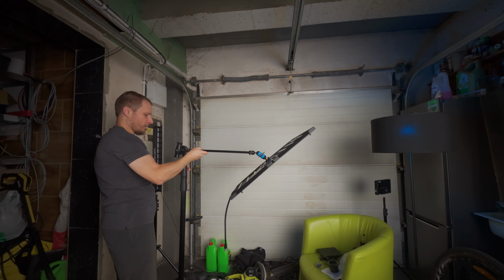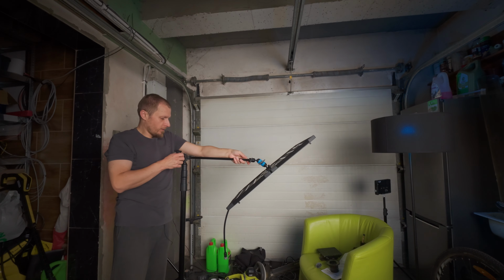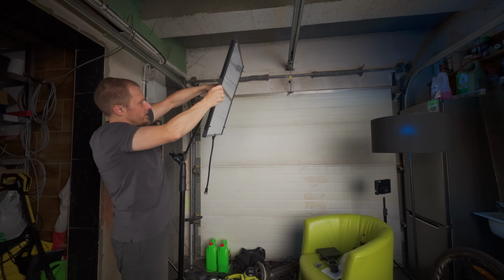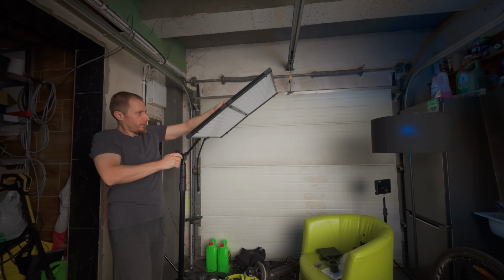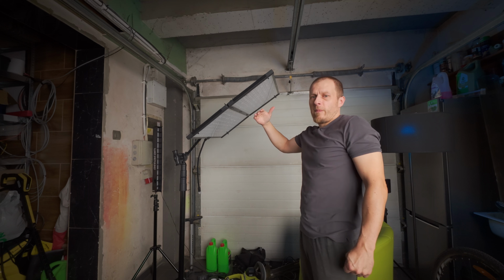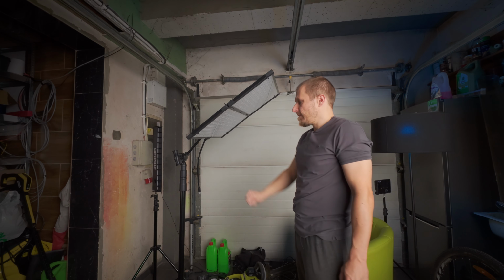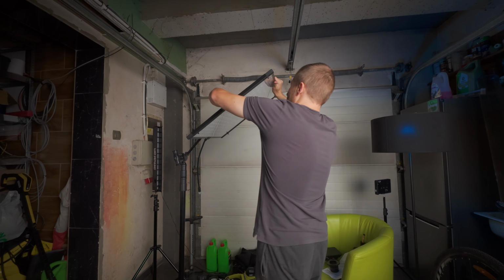But what I realized is that since this stand is not that tall, you can do it like that, and this actually is much better in my opinion. So now I can still angle the panel a lot, and if this is not enough, I can still move it a bit on the grip head, and that way I can have it angled above my talent, above some items I film or stuff like that. It turned out that this grip head with a fixed rod is quite good for that application. So my money hasn't been wasted, and I think it is actually much better than I thought at first glance. Now I can adjust it however I want,